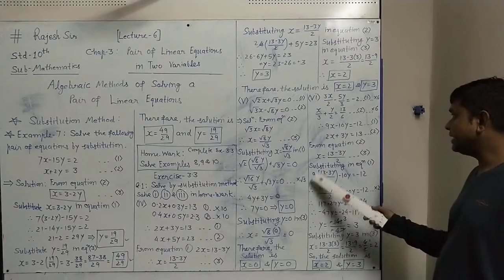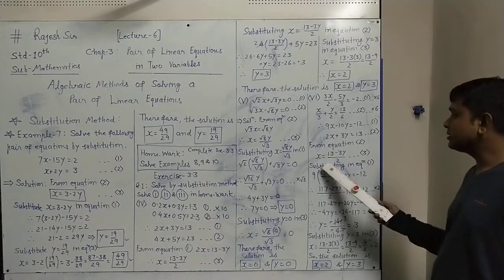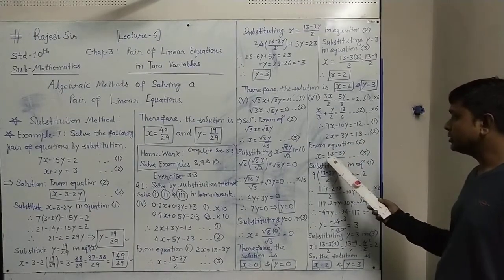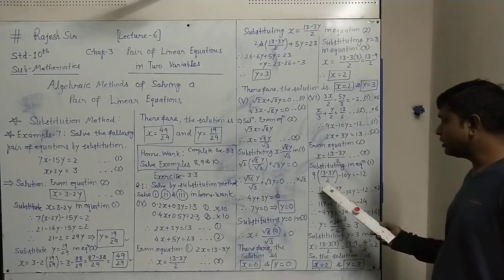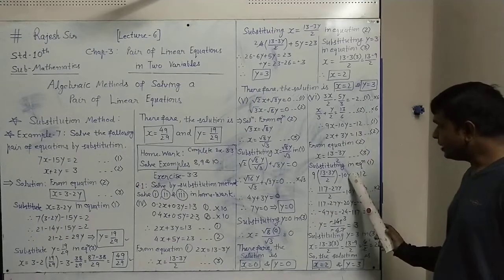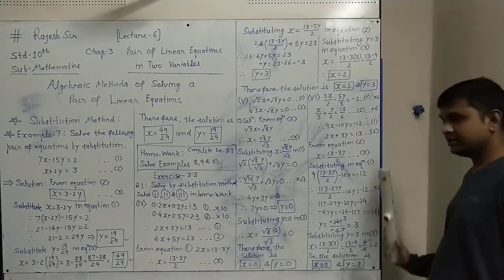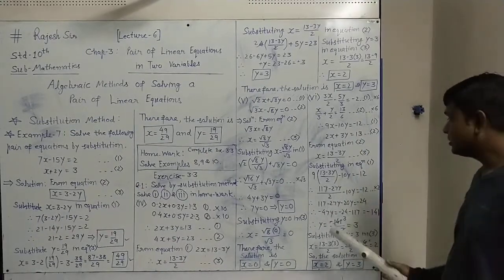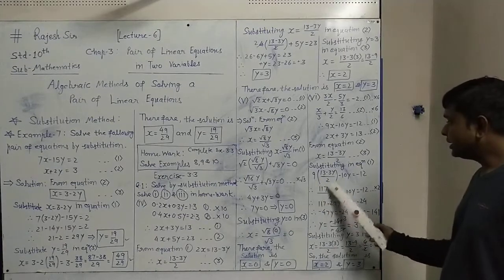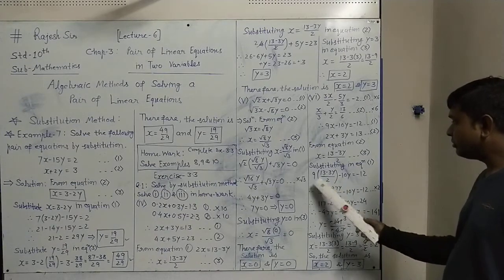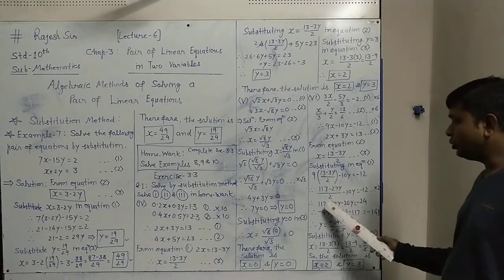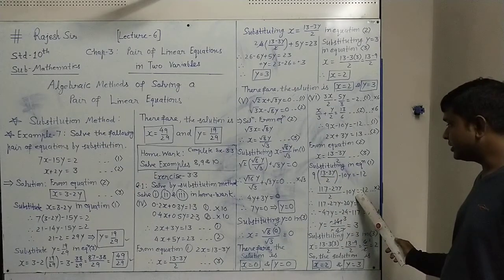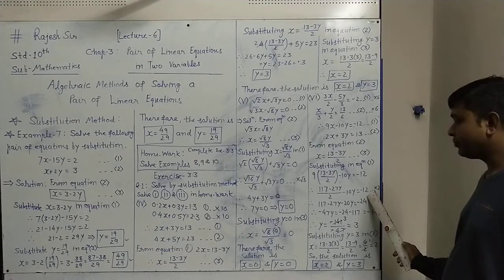So that is 9x. x is the substitution which we have got, that we have to place in place of x: (13 minus 3y) by 2, minus 10y as it is, equals minus 12 as it is. Now simplify this. 13 into 9, 13 nines are 117, minus 13, 9 threes are 27y, upon 2 as it is, minus 10y as it is, equals minus 12 as it is.